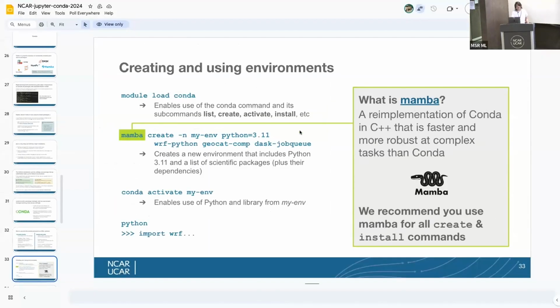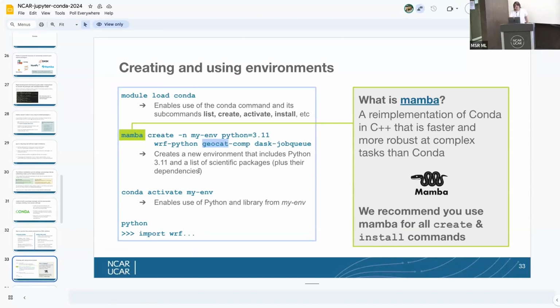But yeah, these are the commands. Essentially, you can expand this out to get very different versions and whatnot here, right? So you get 3.11, you can get Wharf Python, GeoCAT, Dask, right? You can get a bunch of stuff built into whatever environment you want to have, right? In your Conda build chain. And if you want to add more, then you can do conda install whatever package you want after you've loaded that environment, and that'll let you build even further upon the one environment that you built. Okay,